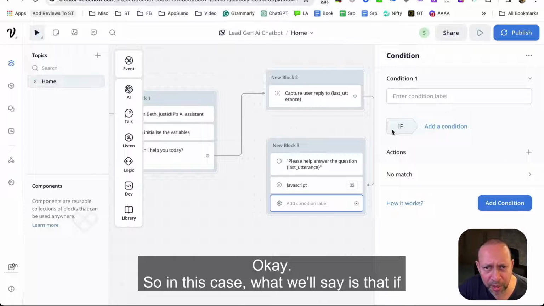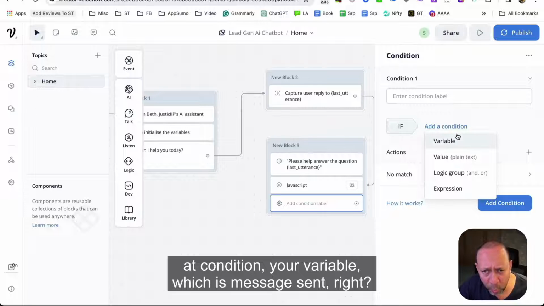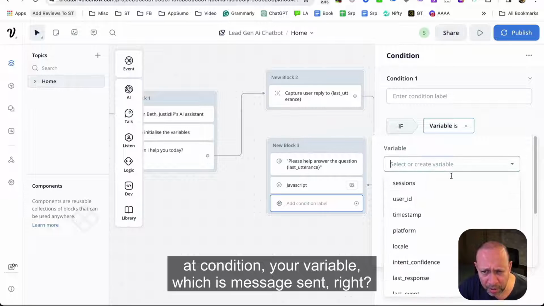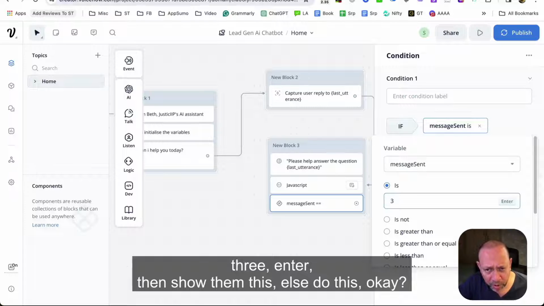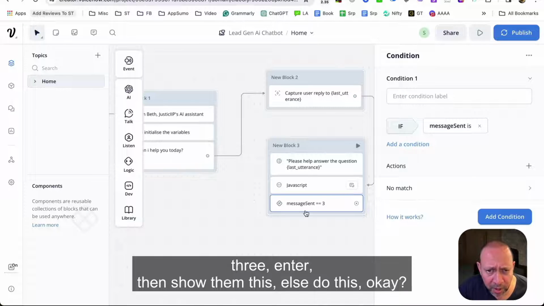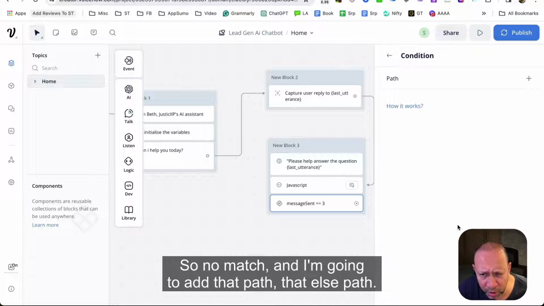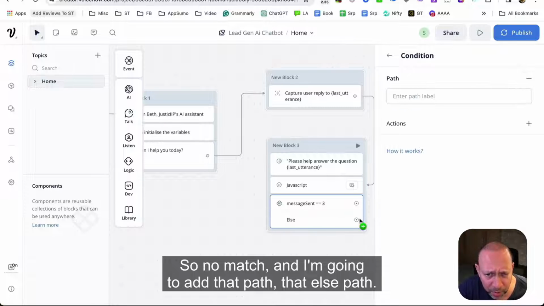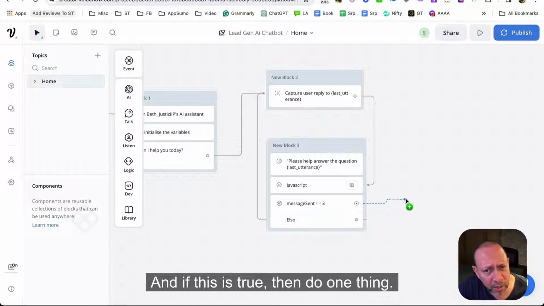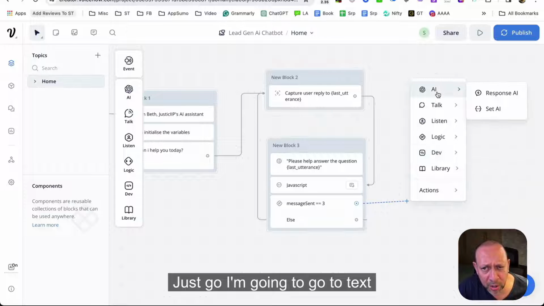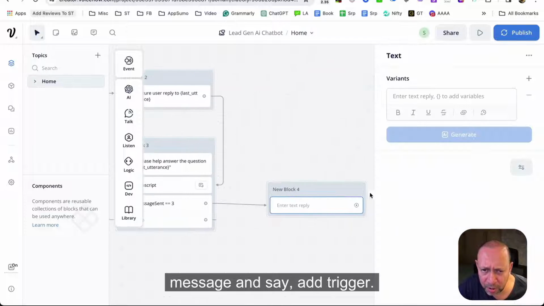Okay. So in this case, what we'll say is that if add condition, your variable, which is message sent, right? Okay. So if message sent is equal to 3, enter, then show them this, else do this. Okay, so no match, and I'm going to add that else path. I'm going to connect it back to this system. And if this is true, then do one thing, just go to text message and say